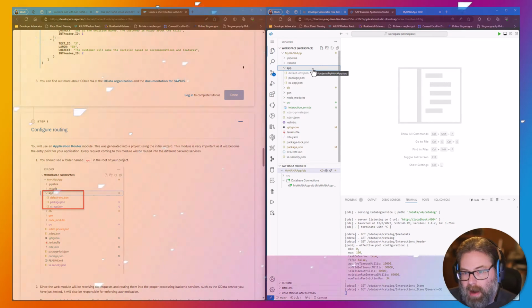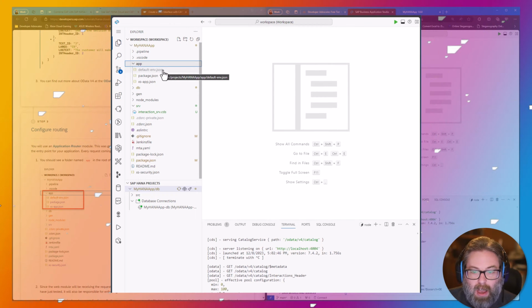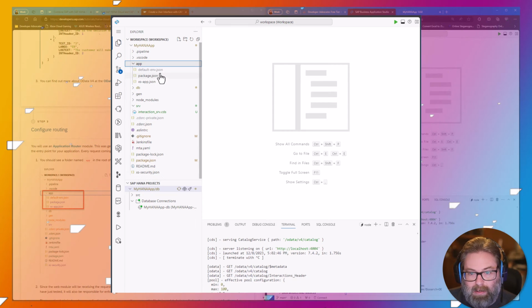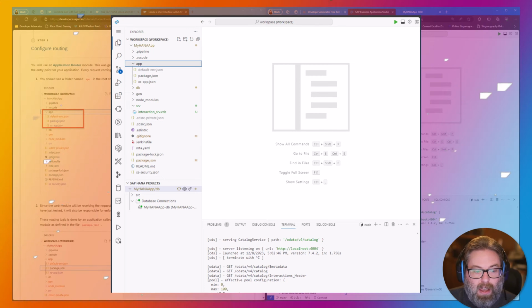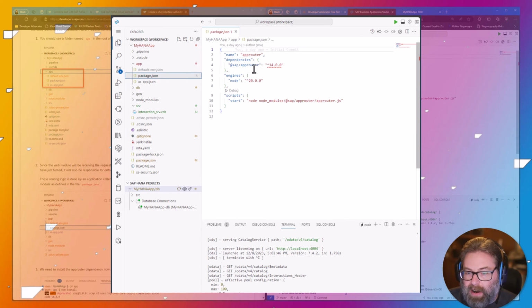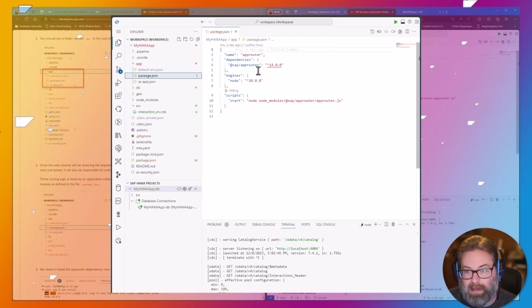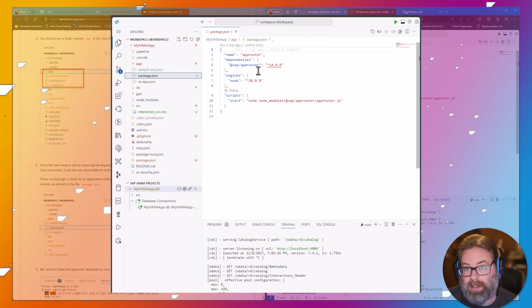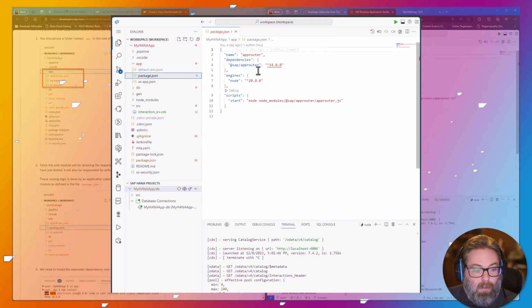Now, if we look at what was generated by the wizard, there's not a whole lot in here right now. We've got a default env JSON for configuring testing of the environment. We've got a package JSON. We've got an XSApp JSON. That's where the application router configuration will be stored. If we look at the package JSON, very similar to the package JSON in the root of the project that defines the cloud application programming model dependencies, we have a single dependency here to load the SAP App Router. So the application router is just another Node.js module that's published on the internet that you can pull into your project and utilize that way.